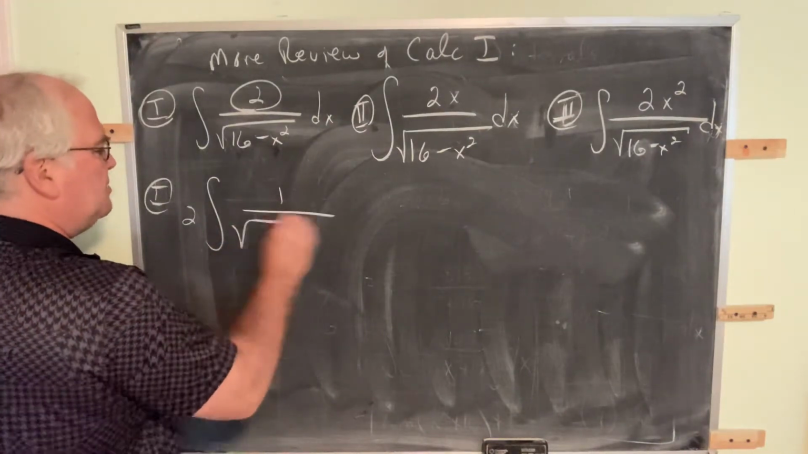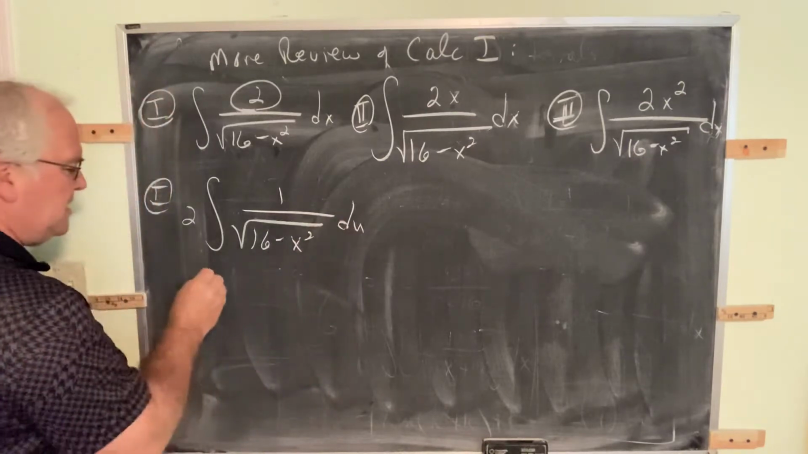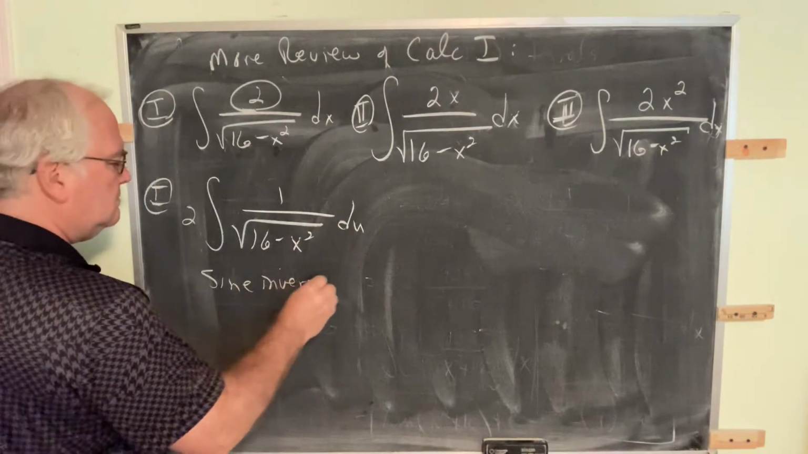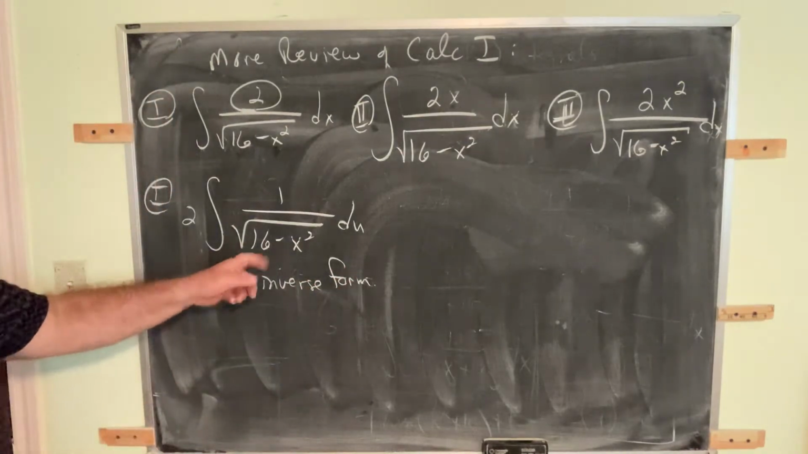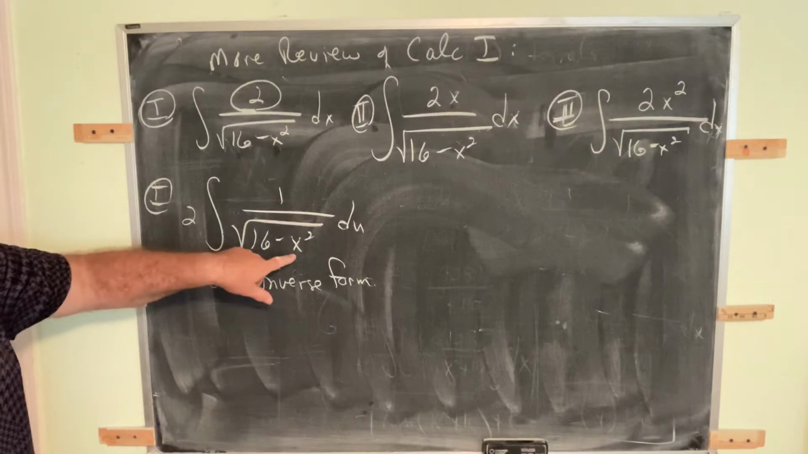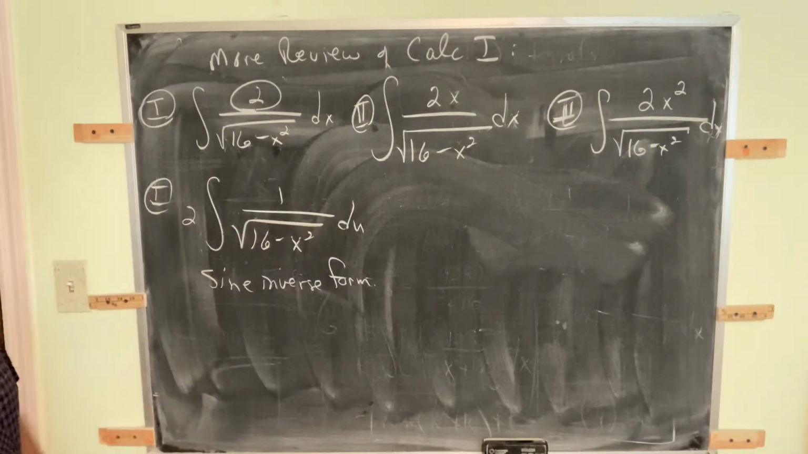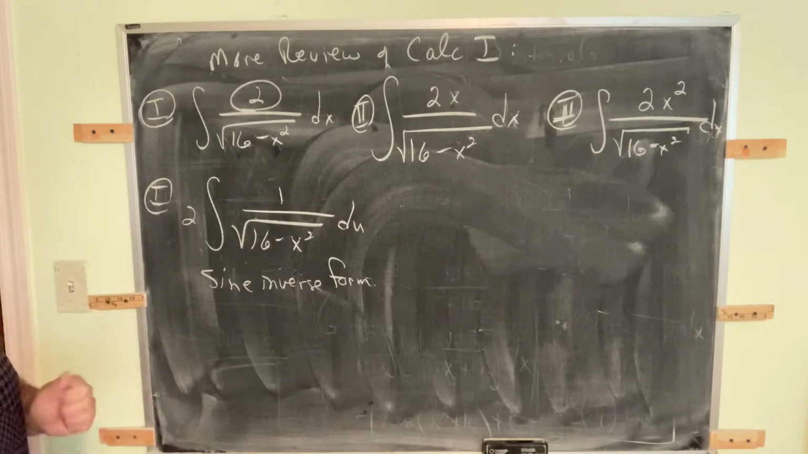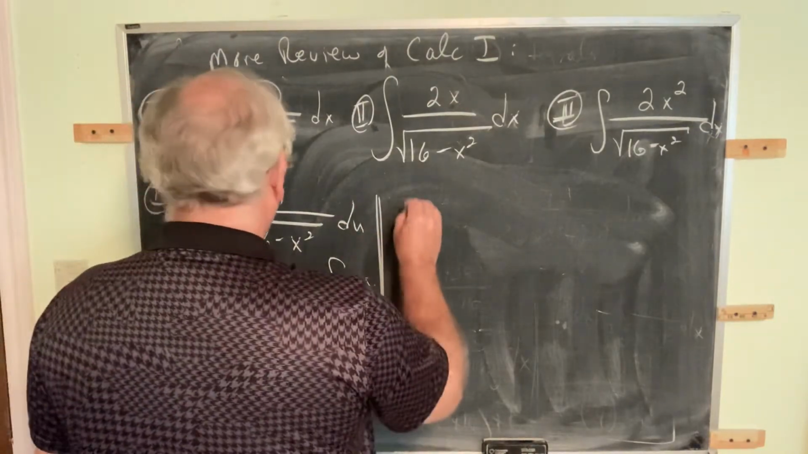And then this becomes 1 over the square root of 16 minus x squared du, and this is the sine inverse form, where a is equal to 4 and u is equal to x and dx is equal to du, and you're off to the races. So number one should work out very straightforwardly if you know the sine inverse form. All right? Number two,